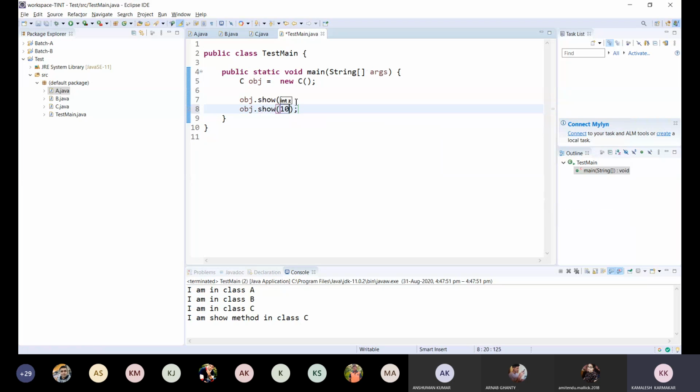Now both show methods reside in the same class. The first method is inherited from class A and overridden in class C, and the show method with a parameter is defined in class B, which is inherited.